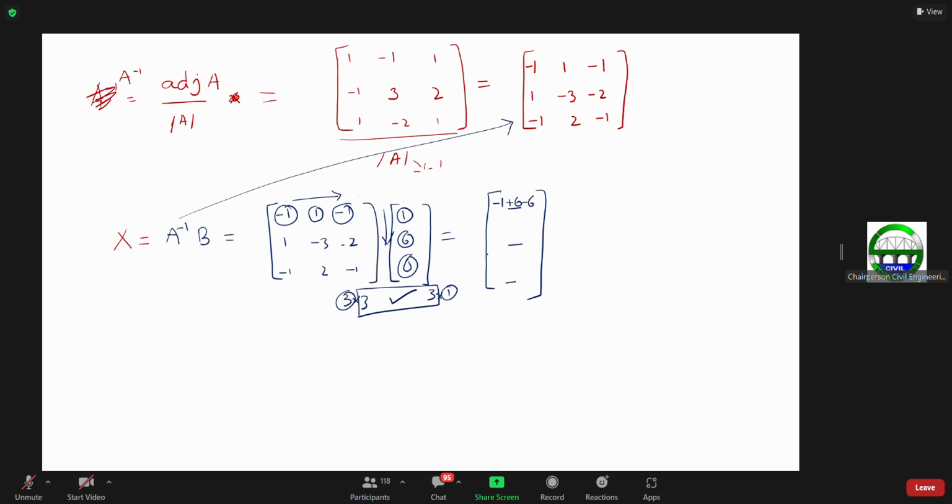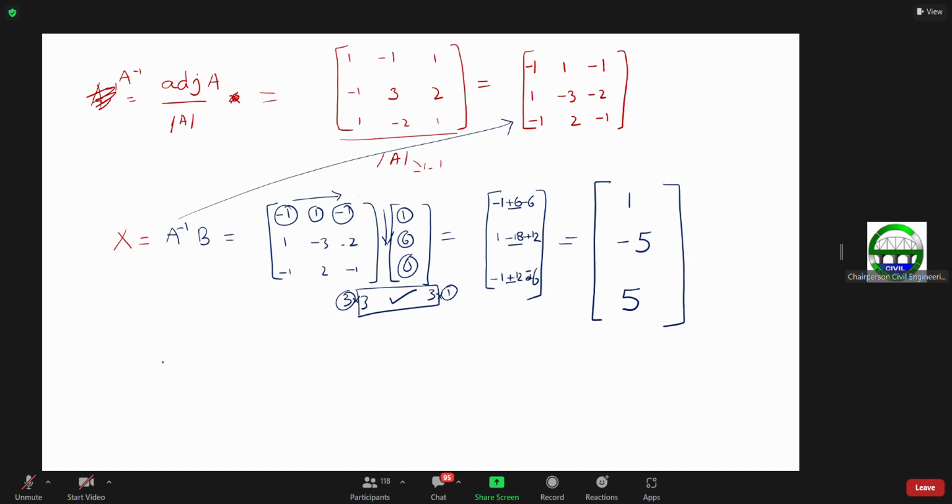So similarly for the second one, it will be equal to 1 minus 18 plus 12, and lastly it will be equal to minus 1 plus 12 plus, oh sorry, minus 6. So your final answer will be equal to 1, minus 5 and 5,